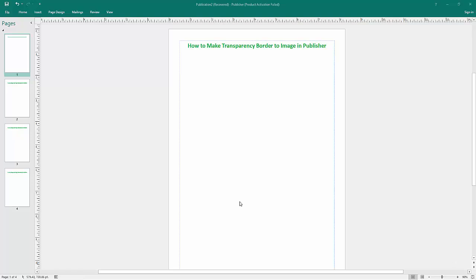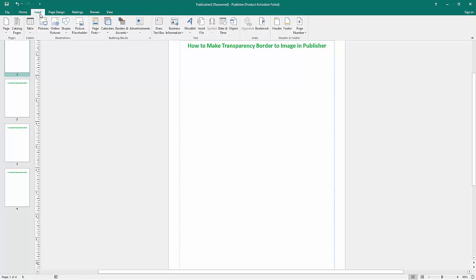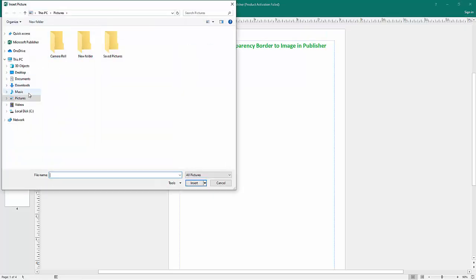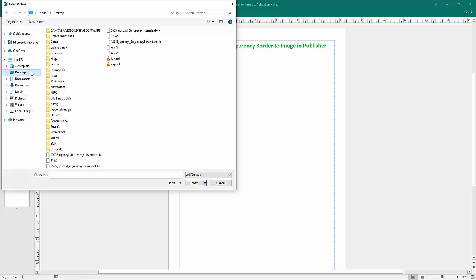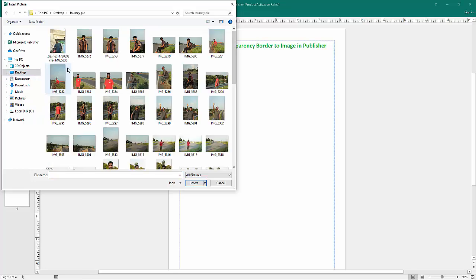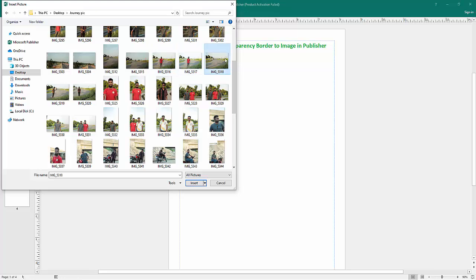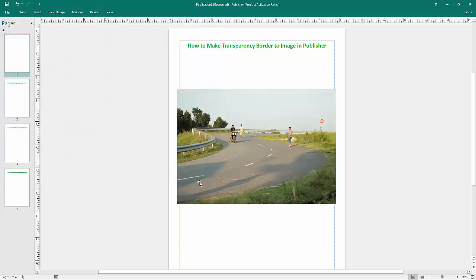Now go to the Insert menu option, then click. Now click the Picture option. Now find your picture. Now choose the picture, then select the Insert option. Now you can see